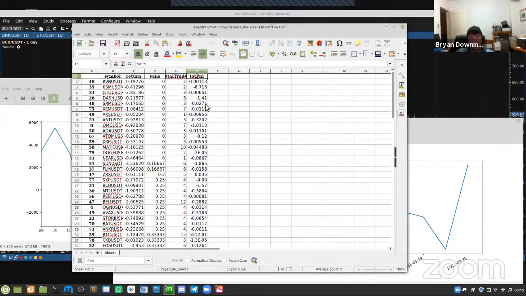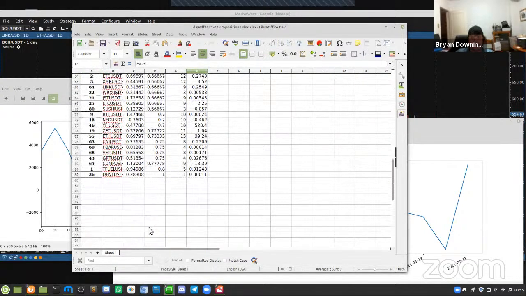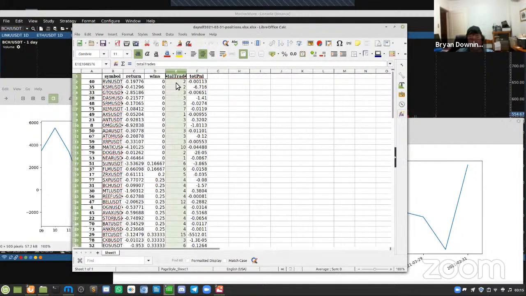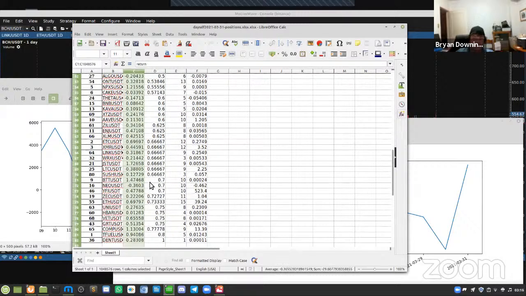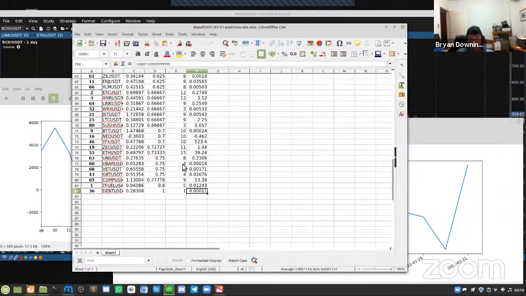We have the total P&L for that day's worth of coins being traded, the number of trades, the number of wins for the trade, and the return. Going from the bottom, we're looking for which coins give the highest ratio of wins and the highest profit. So it's all sorted by